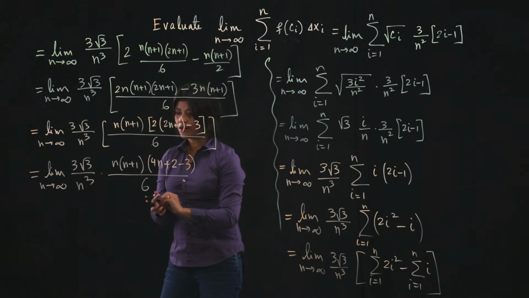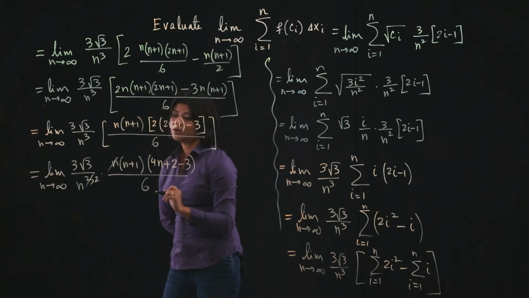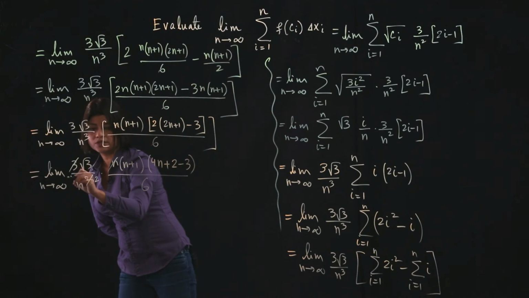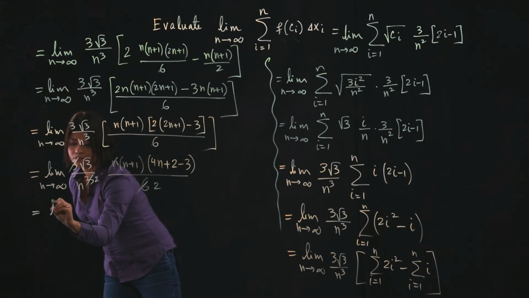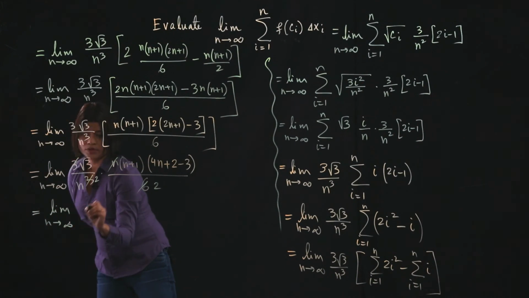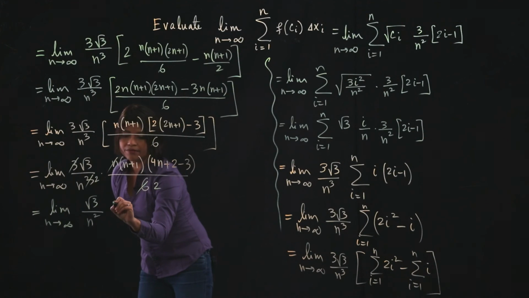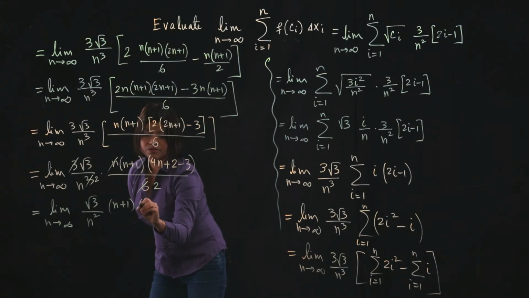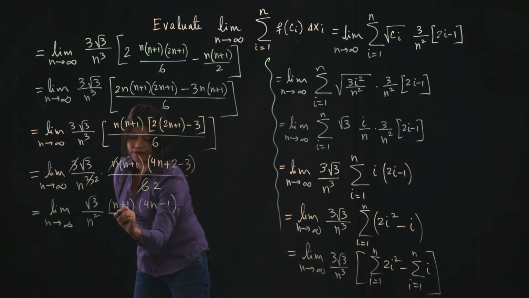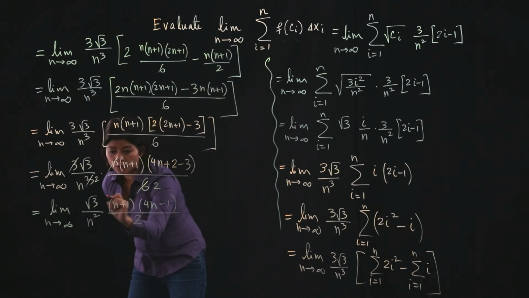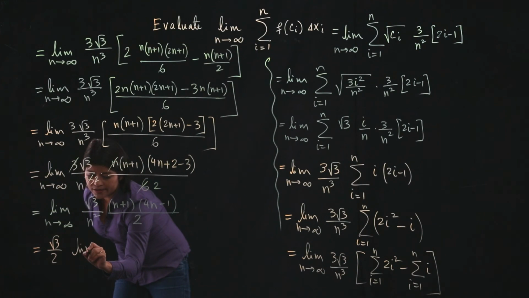Okay, you can start canceling if you want. So you have an n, which will cancel with the n cubed, to have an n squared in the denominator. We can cancel the 3 with the 6, so we will have a 2 here. Okay, so we'll have square root of 3 over n squared. And on this side, we have n plus 1 times 4n plus 2 minus 3, so that's minus 1, divided by 2. We can now pull out the constant square root of 3 over 2. And inside the limit,